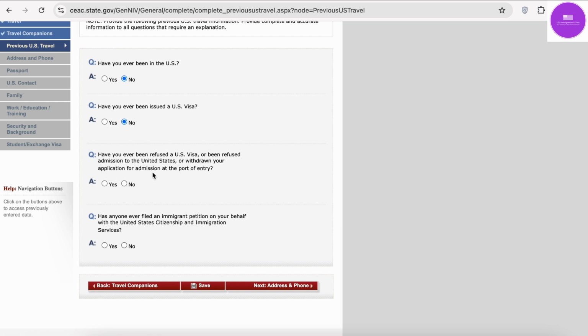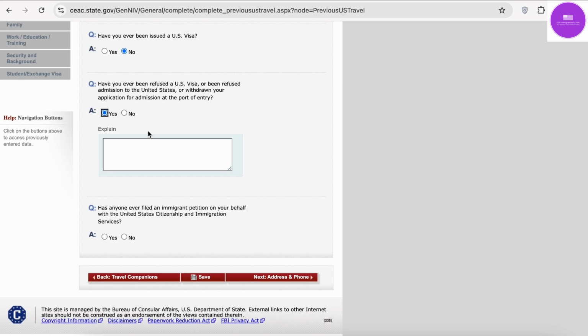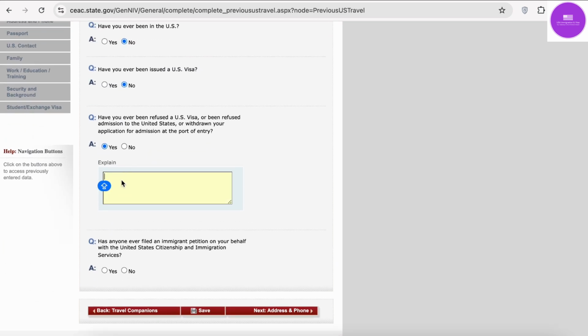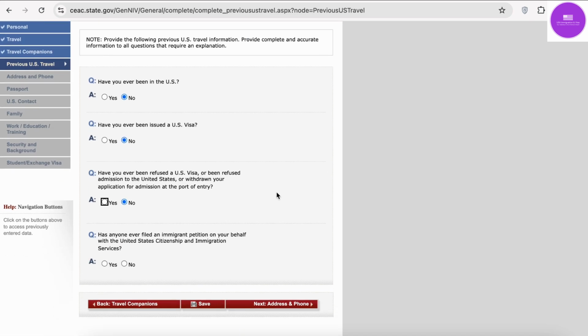If you have ever been refused a visa either at the US embassy or consulate, or you have gone for any type of visa but were not issued a visa and were rejected or refused, then you have to select yes and answer all the details. You have to explain which visa type you applied for, when you applied, and why you were rejected. And if you have not applied, been rejected, refused or had any other visa revoked earlier, then